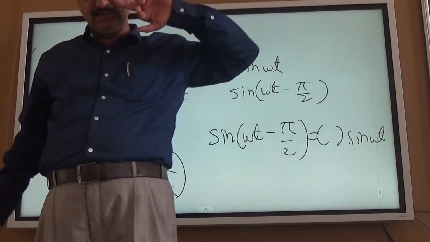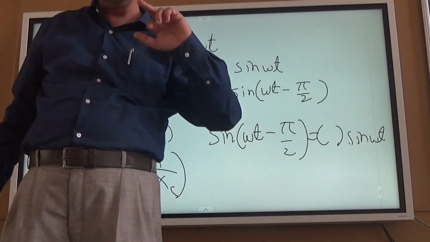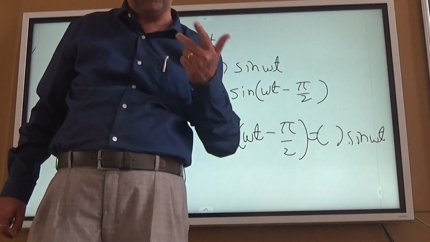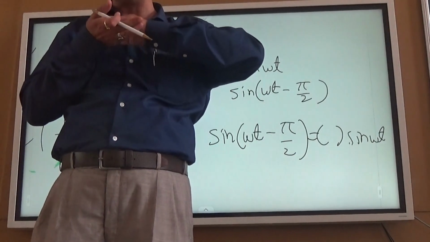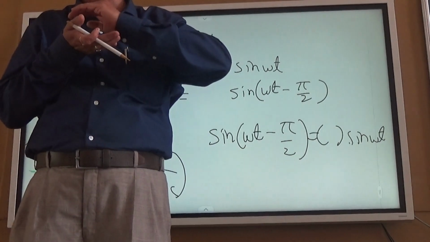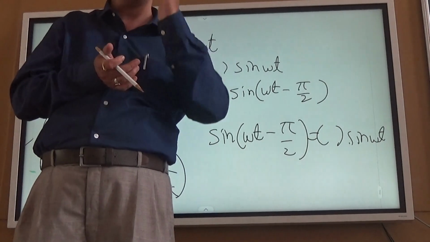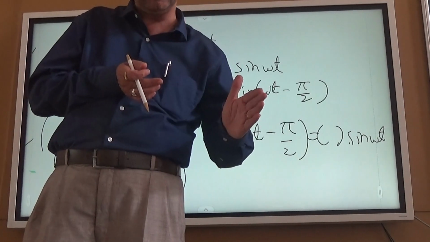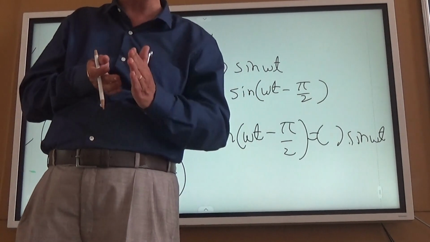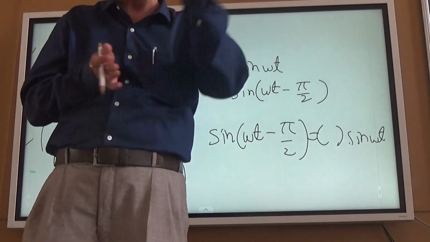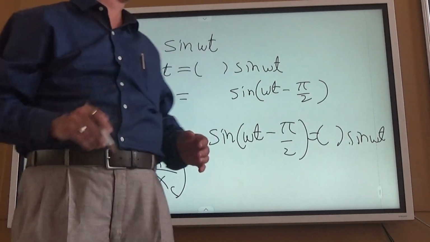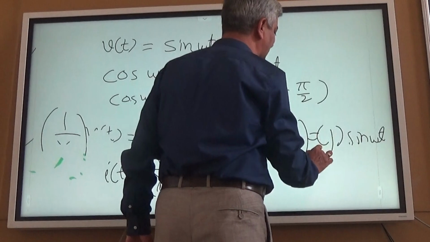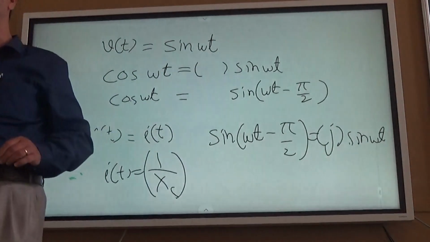So when phase changes, the sine wave shifts, and in case of scaling, phase is the same, it expands or contracts. Therefore, phase is shifting and amplitude is scaling. To express shift like scaling, what he has said is that sin of omega t minus pi by 2 is j sin omega t. So j is